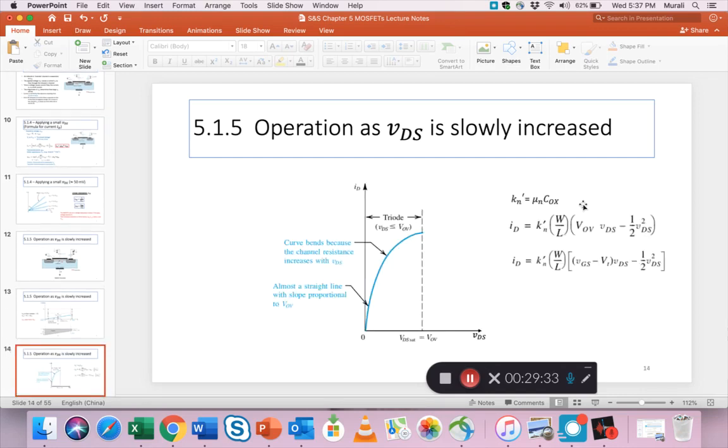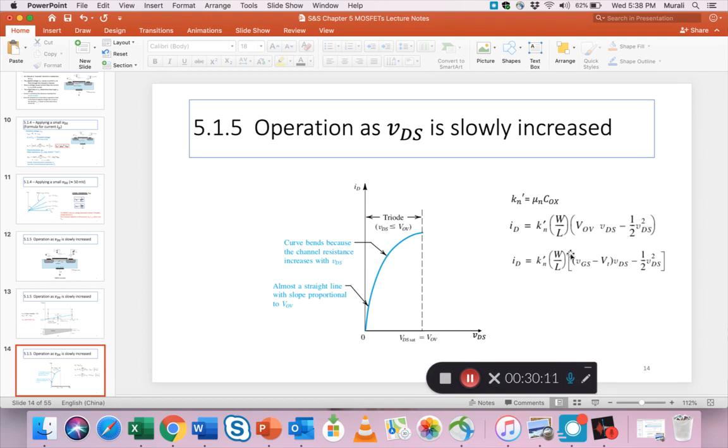So this is how the current changes as you slowly increase the VDS, again staying below the overdrive voltage, the VOV, okay? And this portion is called the triode region. The curve actually is parabolic. It's not really exponential, which would have been like that. It's called parabolic because you have a square relationship. So the current is related to this VDS in a square way with a second